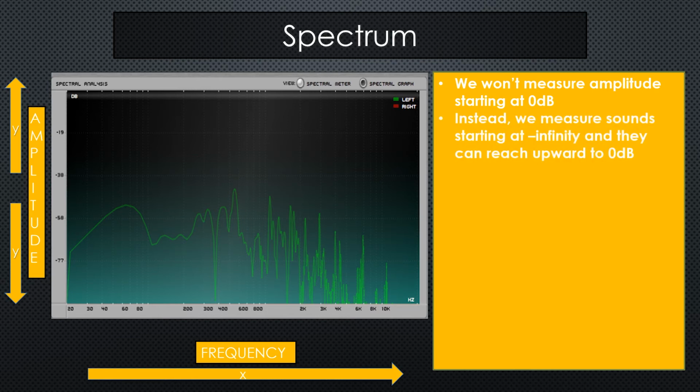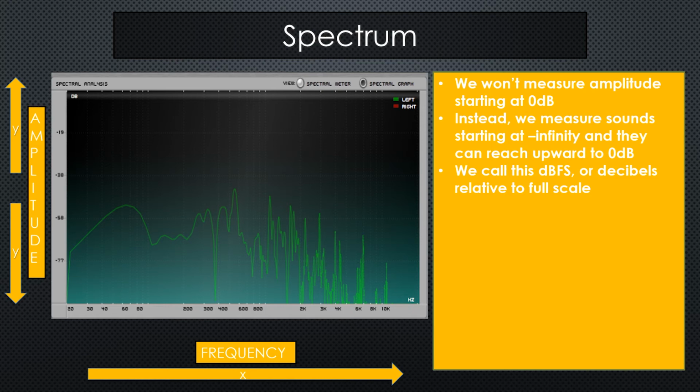And we can really damage our hearing if we get much higher than that. So instead, when we are in this analog audio system, we're going to measure sound starting at negative infinity, and we will work upward, reaching to 0, instead of 0 being at the bottom. So we're sort of just flipping this scale, but I think once we get into the software side of things, you will see why this makes even more sense. And you can see in our graphic representation of this spectrum on the left, on the y-axis, we are still measuring amplitude, but we are now measuring it in decibels, where the lower left-hand corner represents negative infinity, and we can reach upward towards 0. We call this dBFS, or decibels relative to full scale.